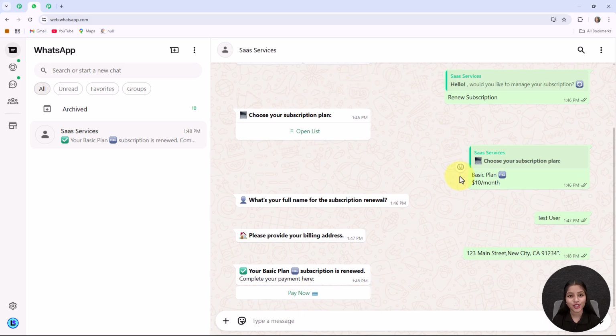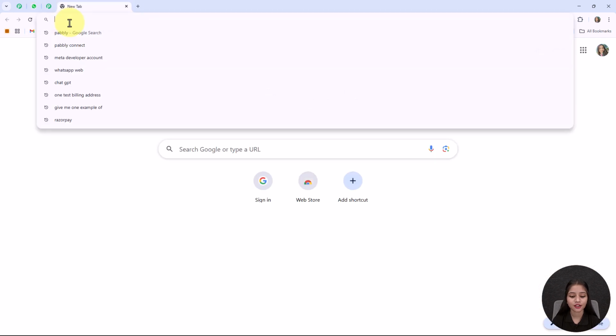So if you want to create this type of WhatsApp automated chatbot that will automate subscription management and billing for SaaS via WhatsApp, then you have to follow the step-by-step instructions that I am giving you in this video. So let's get started. At first, you have to click on a new tab and search